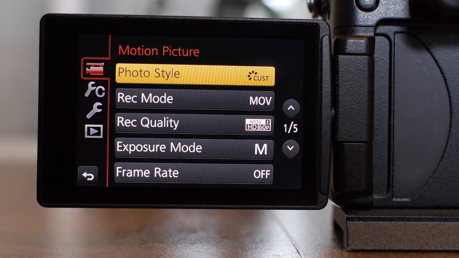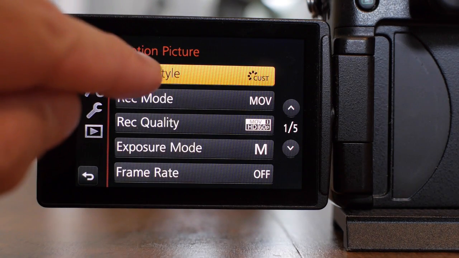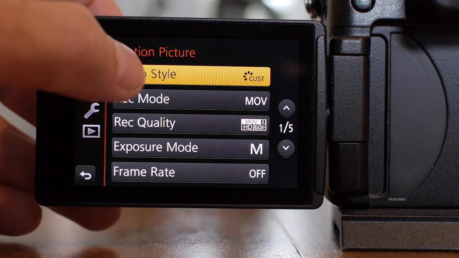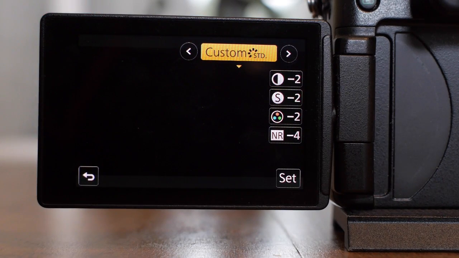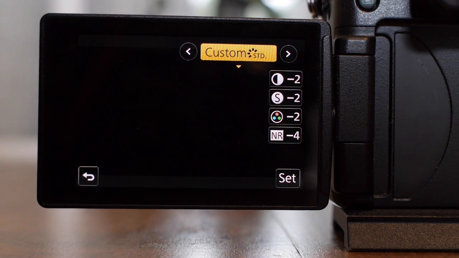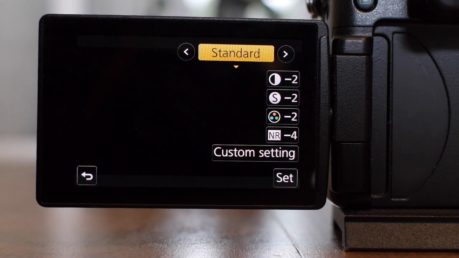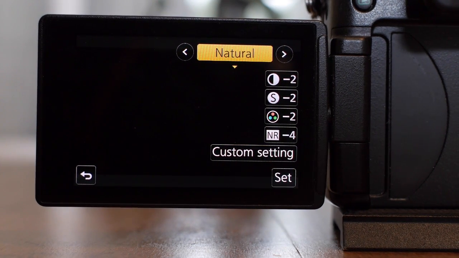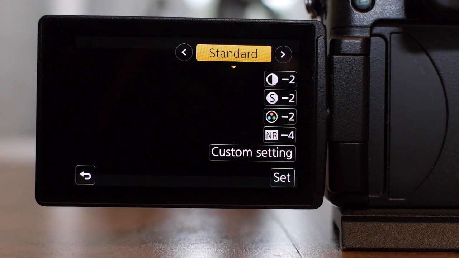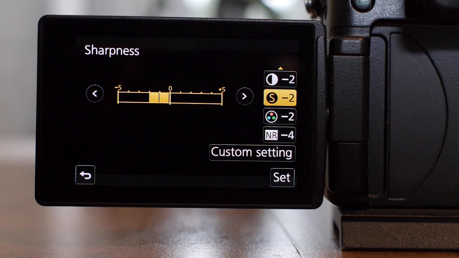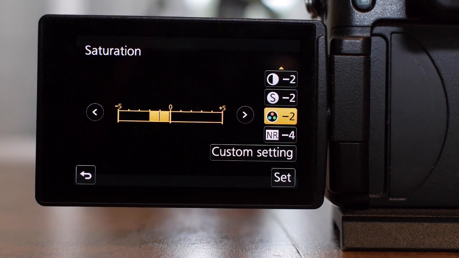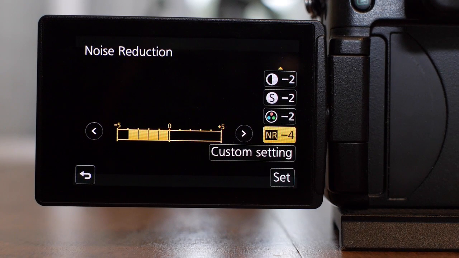Once you see this display, the next thing you're going to want to do is to touch this. Now you can see your custom setup. It says custom setup here, and then it says standard, and then it says vivid, natural, monochrome, scenery, portrait. And what you want to do is set all of them to the same thing. You want to set your contrast to -2, your sharpness to -2, your saturation to -2, and your noise reduction